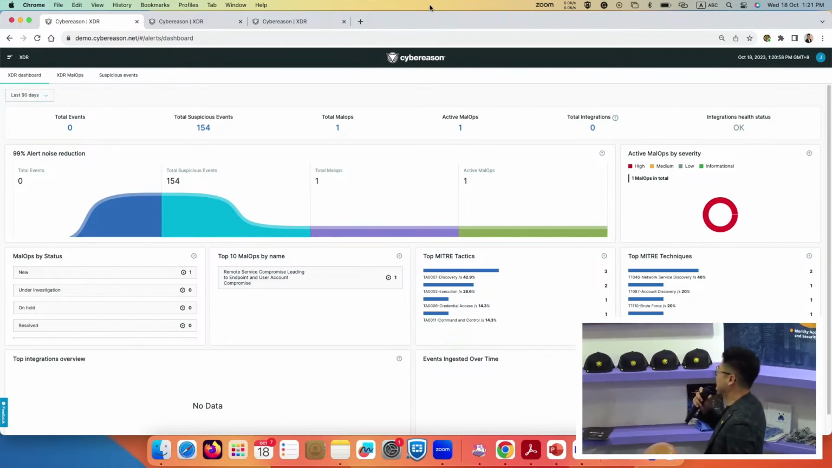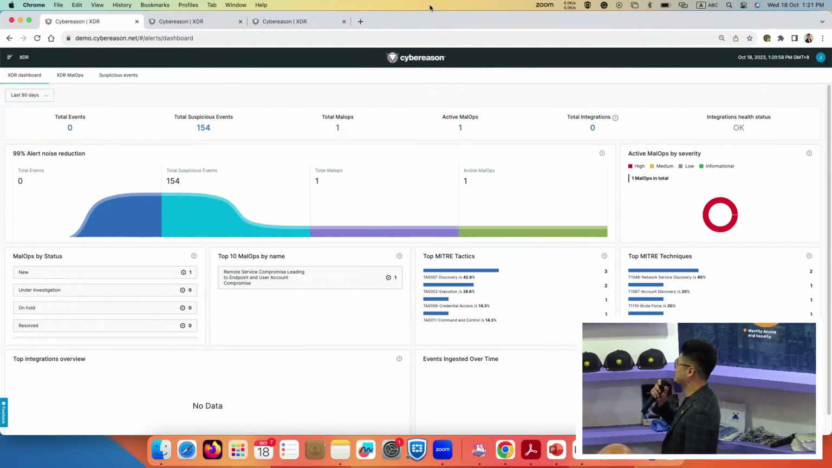Here on the demo screen, you can see the XDR dashboard. This is just for illustration purposes. We tell you the amount of events that were generated, and of all these generated events, how many are suspicious. This is automatically filtered. You don't have to create any additional rules because we map every single event to the MITRE ATT&CK framework, which means we tell you, for each security event, the tactic and technique used by the attacker. For example, you can see there is discovery,